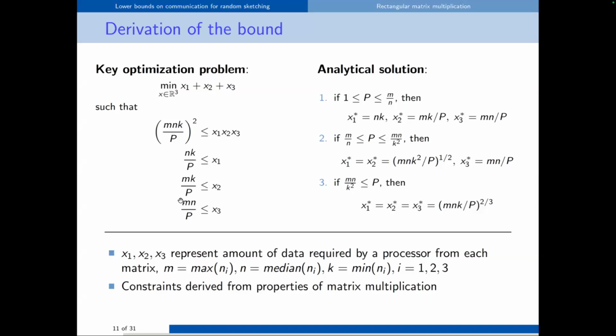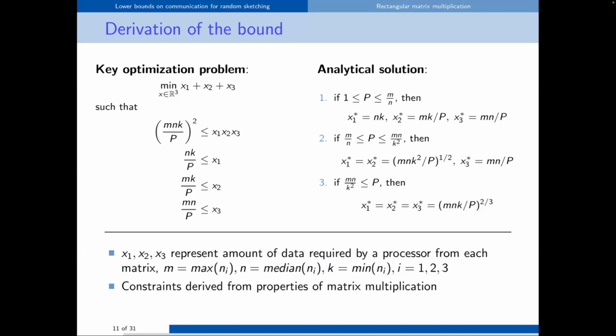And then the three other constraints represent the fact that we assume that the data A, B, and C is distributed over P processors, which also means that the load is balanced among processors. Because of course, if one processor does the whole multiplication, then there will be no communication. So we also want the work to be balanced and the data to be balanced. And so that's a convex optimization problem, and you can solve it analytically. And we obtain